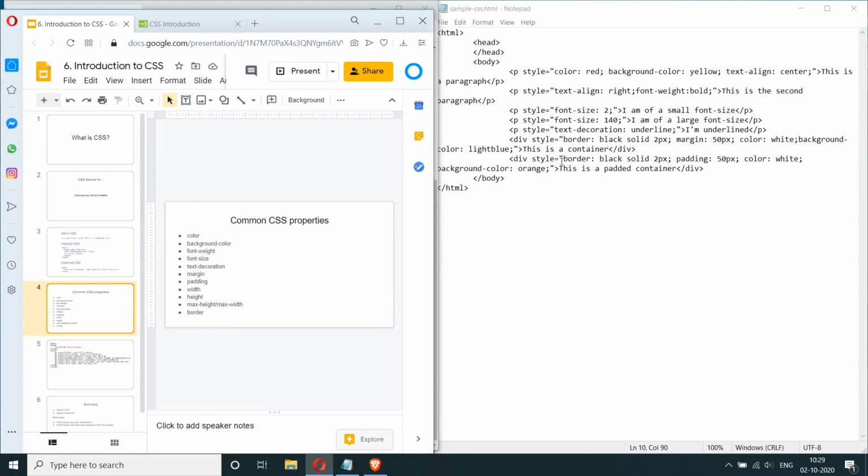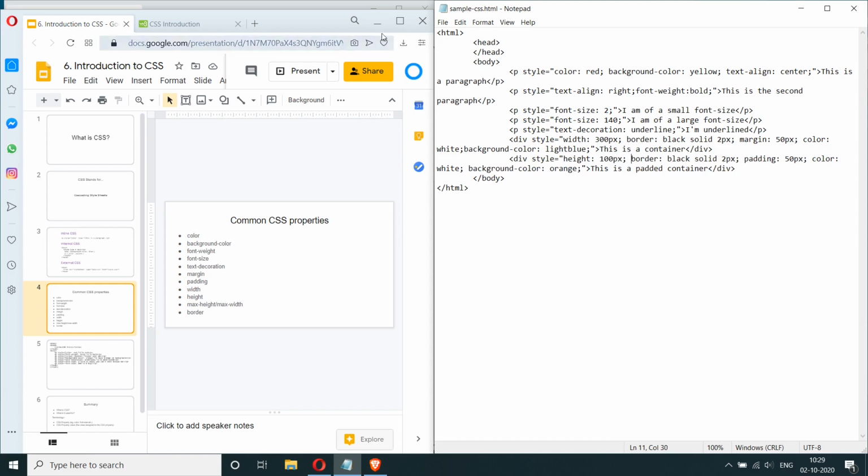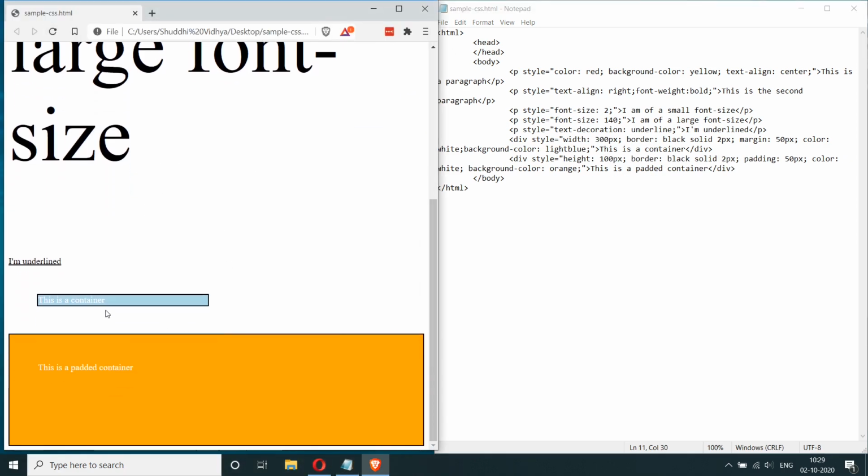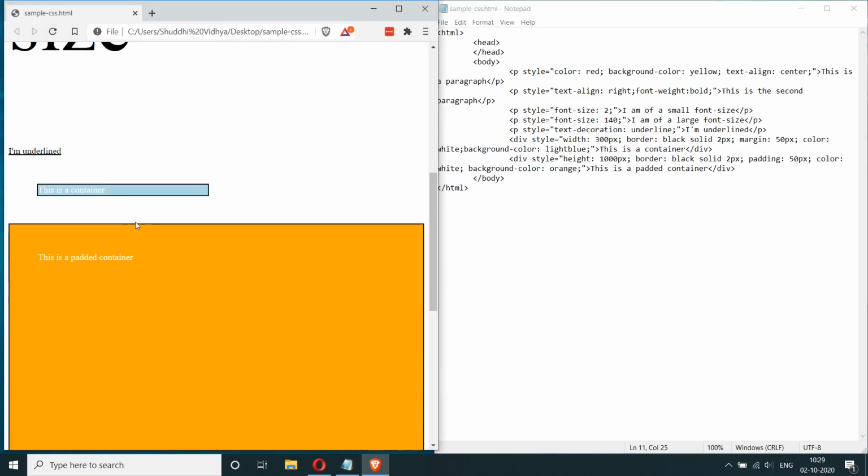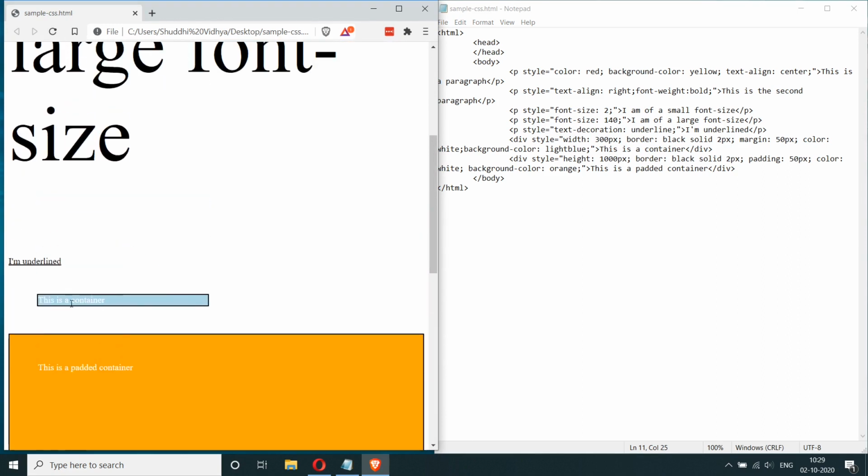We can also specify the width of a certain container. So let's say, for example, here I specify the width to be 300 pixels. And here I specify the height to be 100 pixels. So let's refresh that. So here you can see that the width of it changed, and the height is a little more complicated. Let me make it 1000. So here you can see that the height is 1000 pixels now here, and here the width has been reduced to 300 pixels. So this is the 300 pixel width. So that's what the height and width properties do.